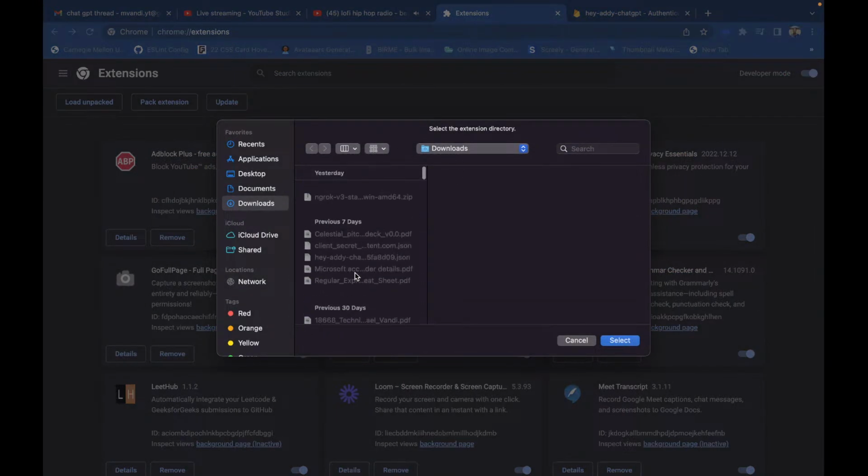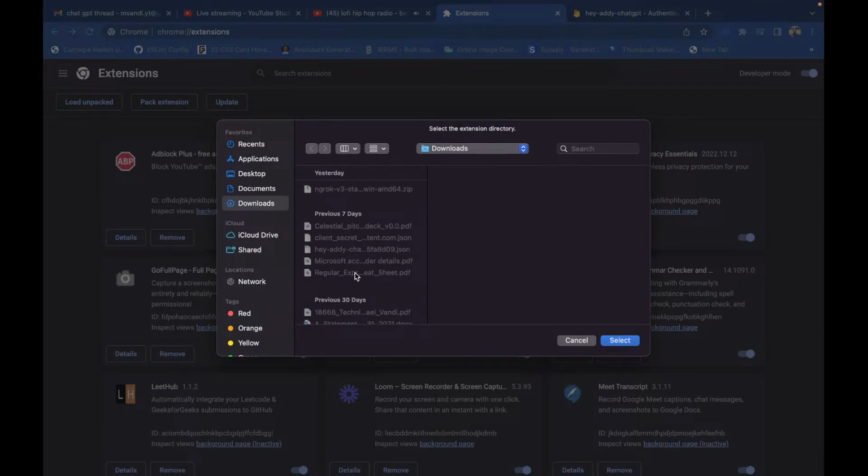One of the extensions that I would have to load is the Chrome extension. So go over to